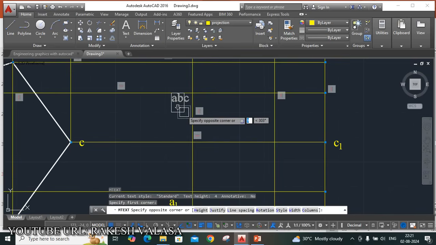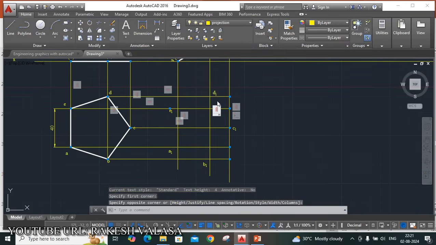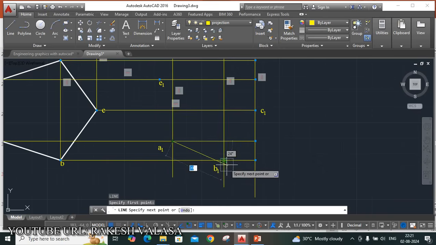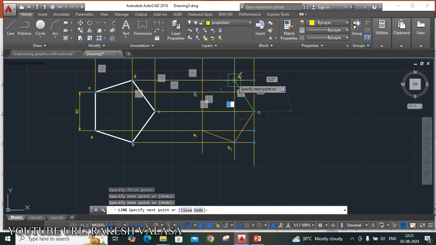This is the E1. Now join those points by using line tool. L enter. This is the A1 point, B1, C1, D1, E1 and A1.